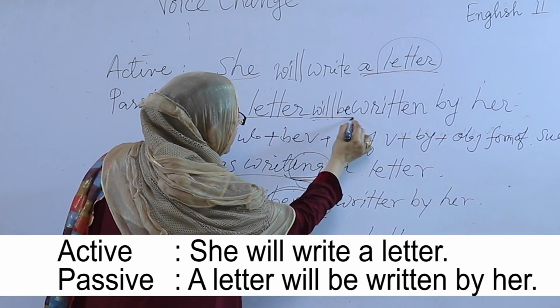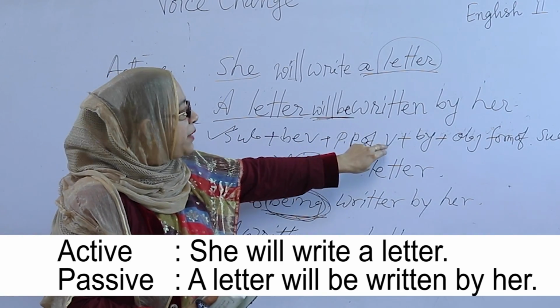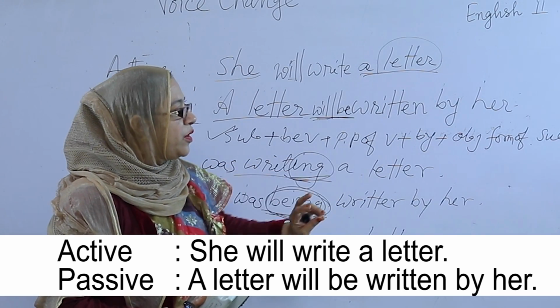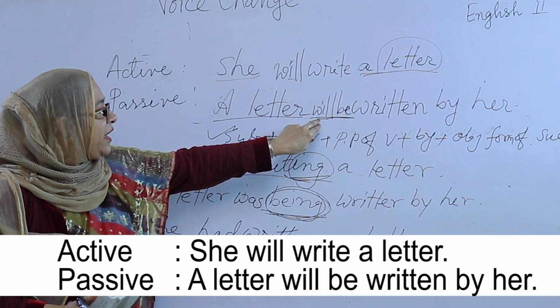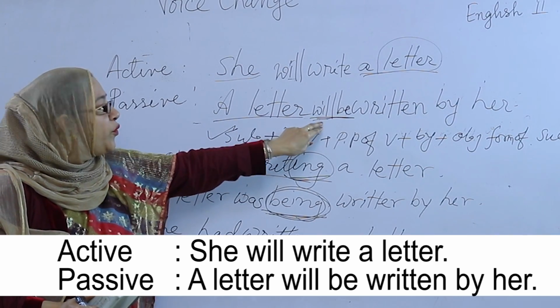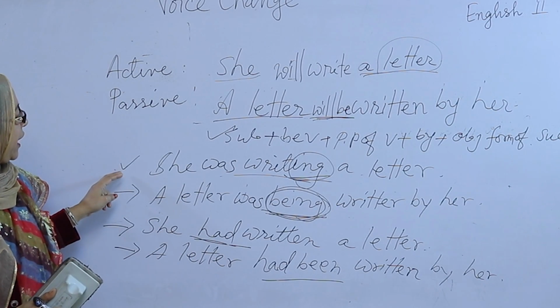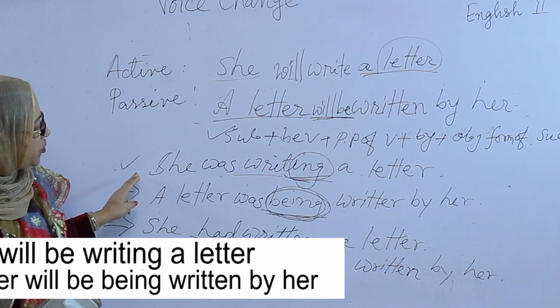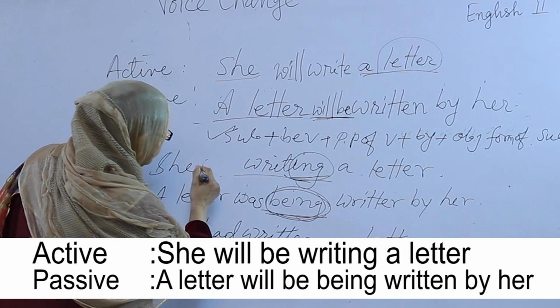Will be, a letter will be written, past participle form of verb plus by plus objective form of subject. Only I changed will be. Then I will turn it into future continuous. She will be